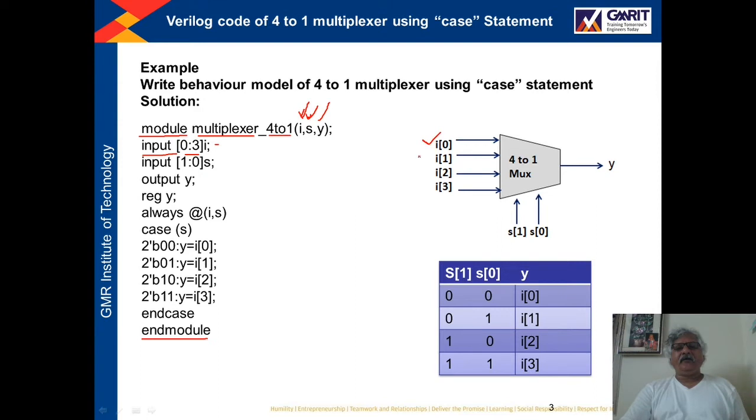These will be I0, I1, I2, I3. Then the next statement is input [1:0] S.